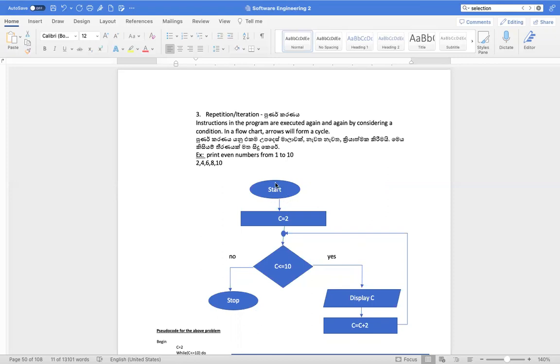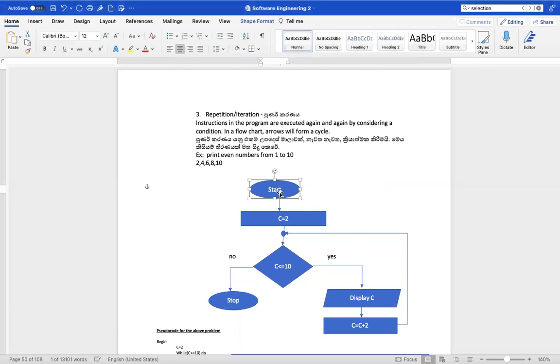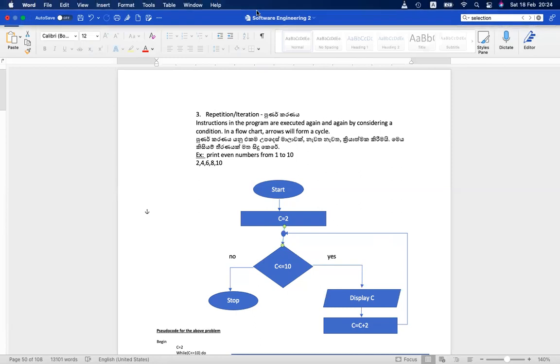So, what I have done here, I have started with this start symbol and start with 2. Then I'm checking whether it is less than 10 because I need to print numbers from 1 to 10. So 2 is less than 10. Yes, 2 is less than 10. So display 2 and add 2 to 2. 2 plus 2 is 4. You go back. The speciality of repetition is